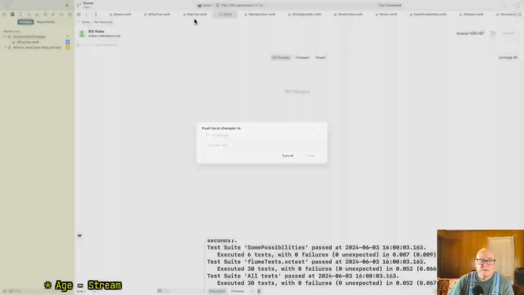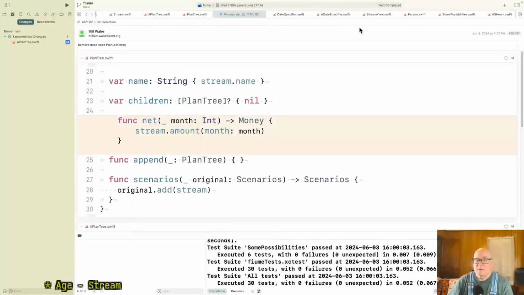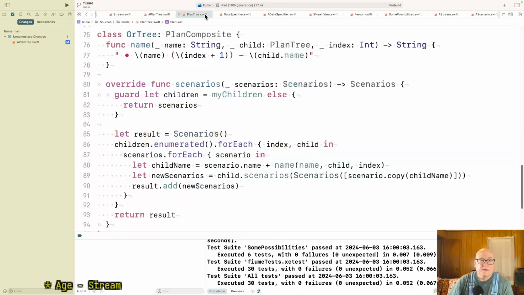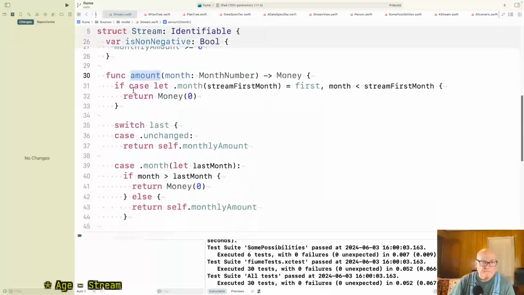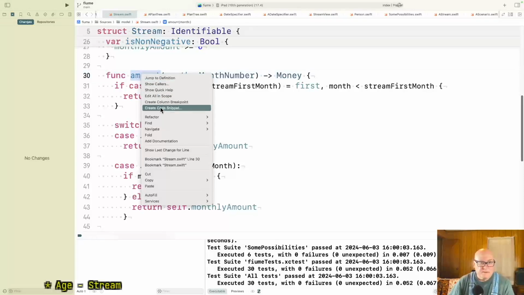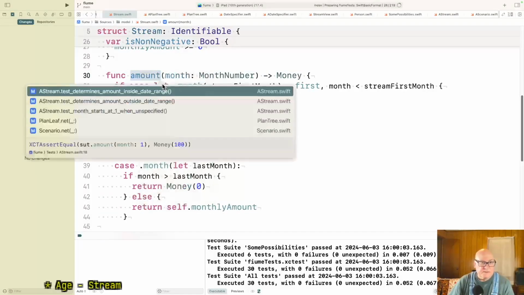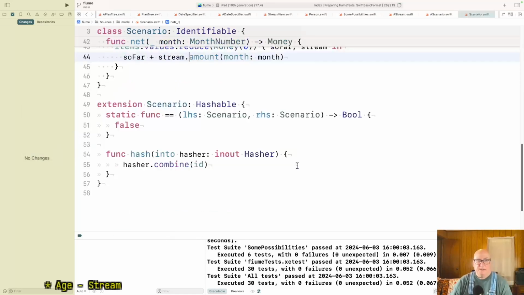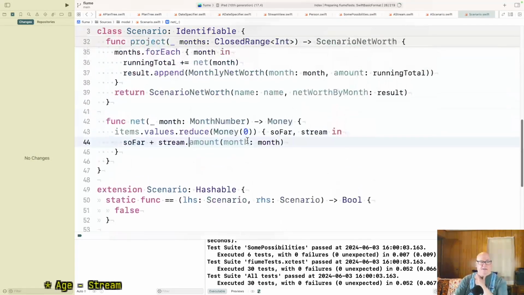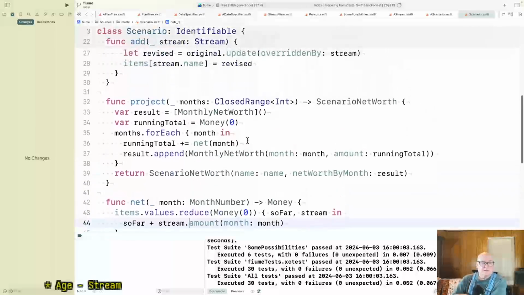Okay, so stream calls this plan leaf. We got rid of that scenario.net. Okay, scenario.